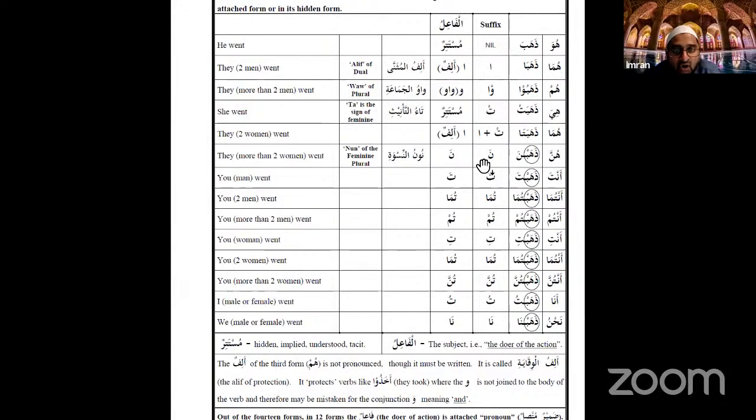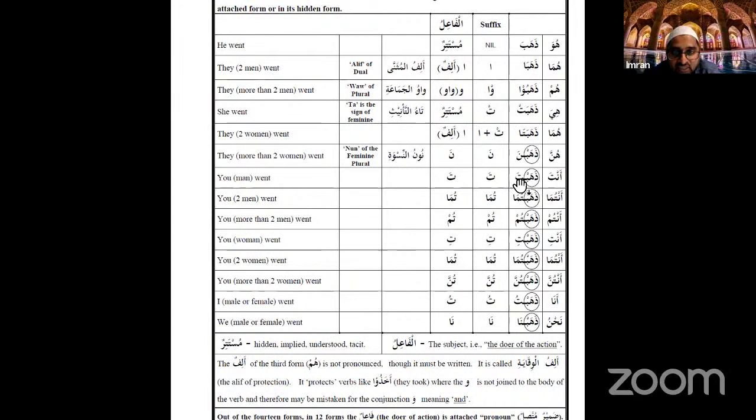So this is the sign of they all females, dhahabna. Then anta, antuma, antum, anti, antuma, antunna, ana, nahnu. They're abbreviations which attach to the verb and represent who's performing the action. It's this ta, tuma, tum, ti, tuma, tunna, tu, na. So these are the actual attached suffixes with the verb, which represent, if he said without anta, dhahabta, you just